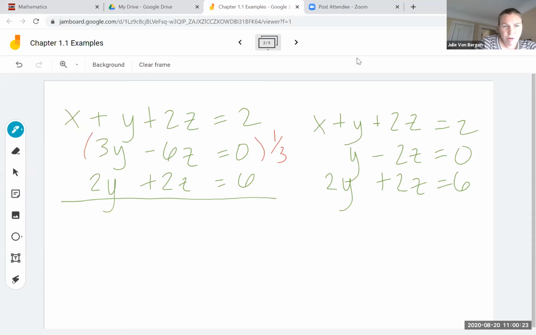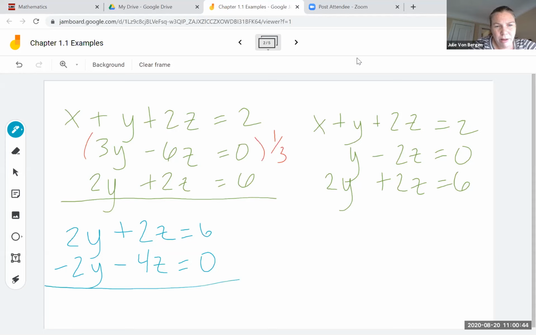So we'll say 2y, this is equation 3, plus 2z equals 6. And then we're going to subtract double of equation 2. So that'll give us a minus 2y to subtract out our y's. And then this is going to become a minus 4z equals 0. And when we add all this up, we get negative 2z equals,